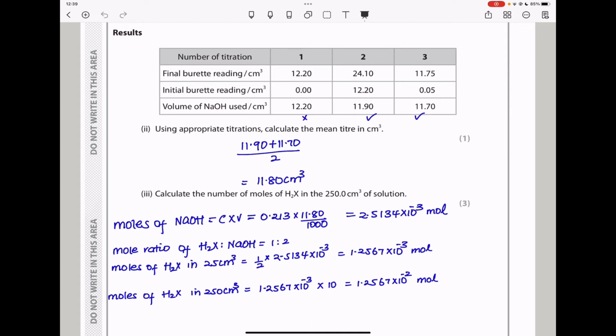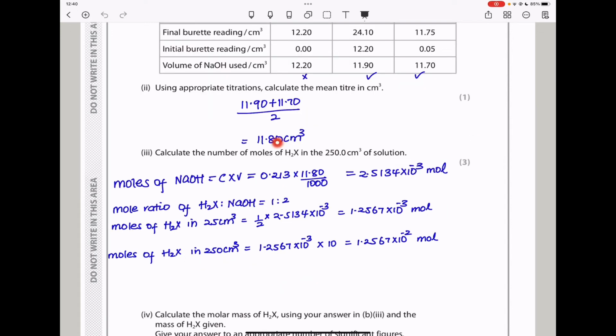So I use 11.90 plus 11.70 divided by 2. We divide by 2 because there are two values we have chosen, giving 11.80 centimeters cubed. You have to ensure that as you're writing these values, you leave them to 2 decimal places as they have written in the table. The next part, calculate the number of moles of H2X in the 250 centimeters cubed of the